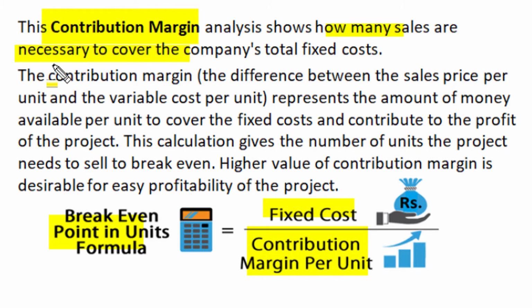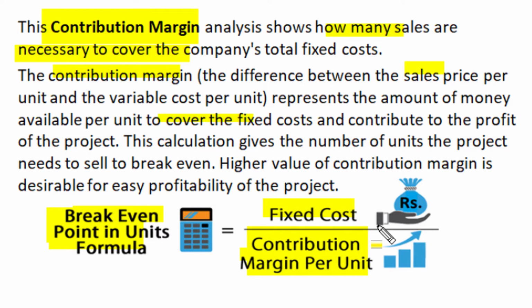So we can say the contribution margin, that is the difference between sales price per unit and average variable cost or variable cost per unit, represents the amount of money available per unit to cover the fixed cost and to contribute profit to the project. And the ratio of fixed cost to contribution margin gives us the number of units that must be produced and sold to break even. That means at the break-even point, the project will start working at no loss, no profit conditions. And if we increase our sales volume or production units beyond the break-even point, then that will start generating profit